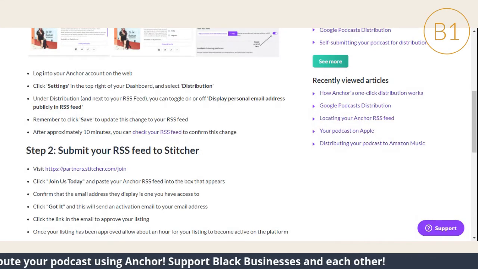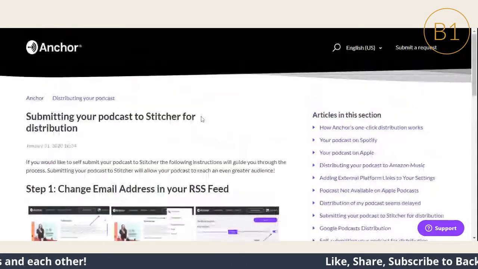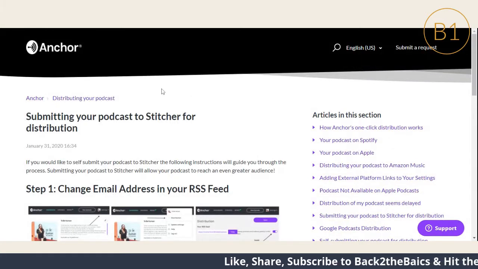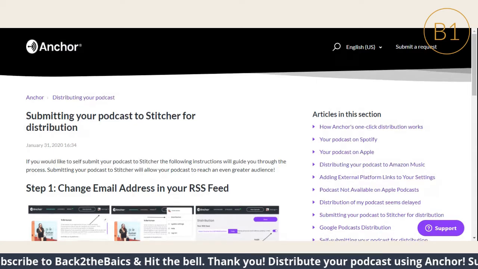Remember to click save to update this change to your RSS feed. If we were to go back to distribution, there was a save button, you would hit that. And at the bottom, there was a place to add